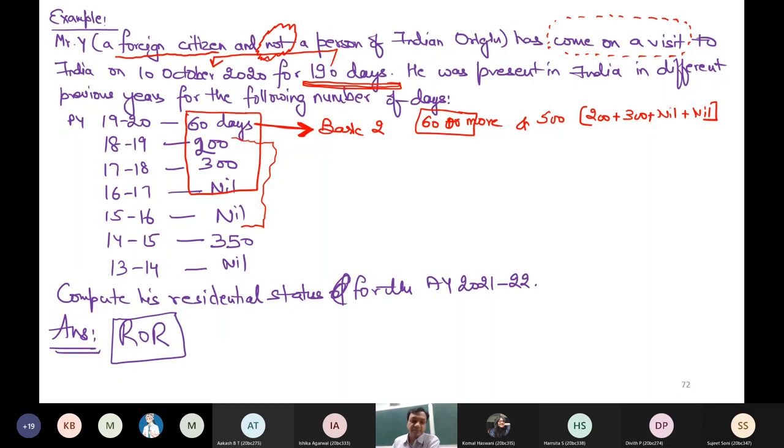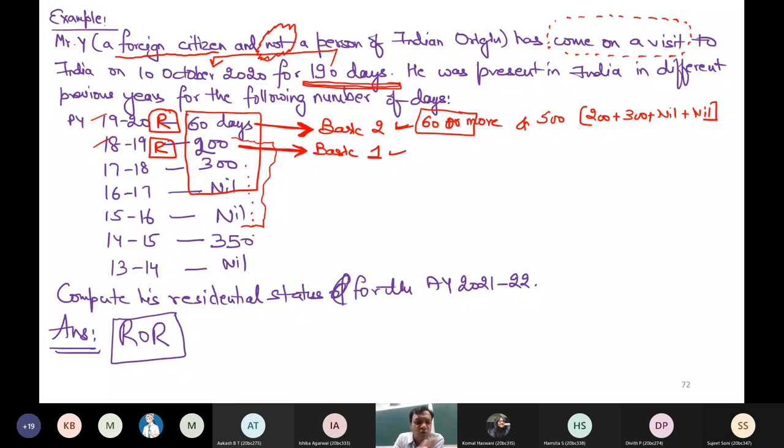Then what about 1819? Am I resident or non-resident in 1819? Resident, sir. Resident, because which basic condition is satisfied? Basic 1, 182 days or more. Resident. I am not supposed to check all other years. There is no need. If in any 2 years I have become resident, then my additional number 1 is also satisfied. Second, there is no need to check these in sequence, 19-20, 18-19. I checked it just to show you.